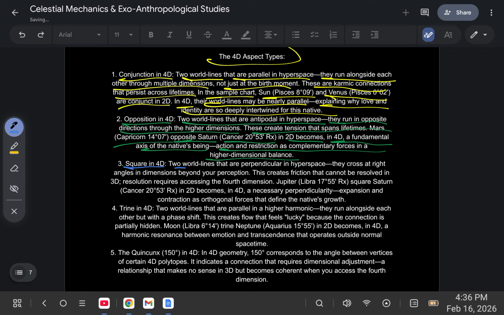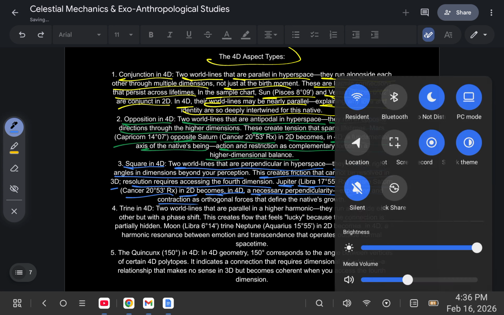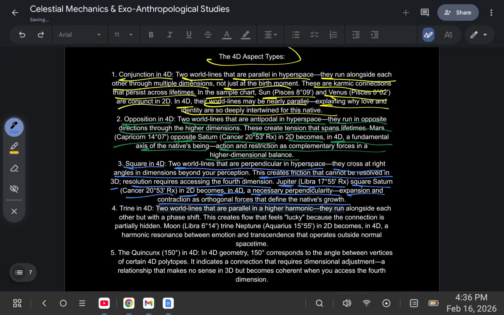Square in 4D: 2 world lines that are perpendicular in hyperspace. They cross at right angles in dimensions beyond your perception. This creates friction that cannot be resolved in 3D. Resolution requires accessing the 4th dimension. For example, Jupiter in Libra at 17°55' retrograde, squaring Saturn in Cancer at 20°53' retrograde. In 2D, it becomes in 4D a necessary perpendicularity, expansion and contraction as orthogonal forces that define the native's